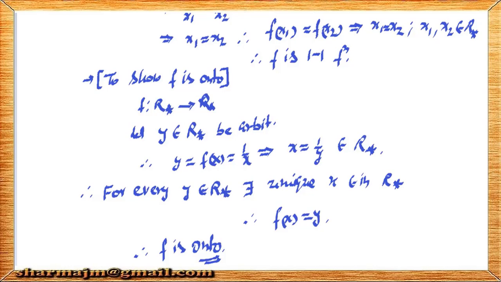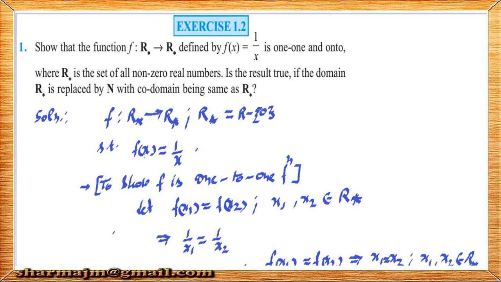Once again you can see here, if you take any two images then the pre-images will be same, hence the function is 1-1. Any element of the domain you take, its reciprocal will come unique and it will be real, so therefore this is a 1-1 function. And for onto, any element of the codomain you take, its pre-image will come as a reciprocal, which will also be real. Therefore every element of the codomain has its pre-image, it is onto. So this function is 1-1 and onto, so it is an invertible function.